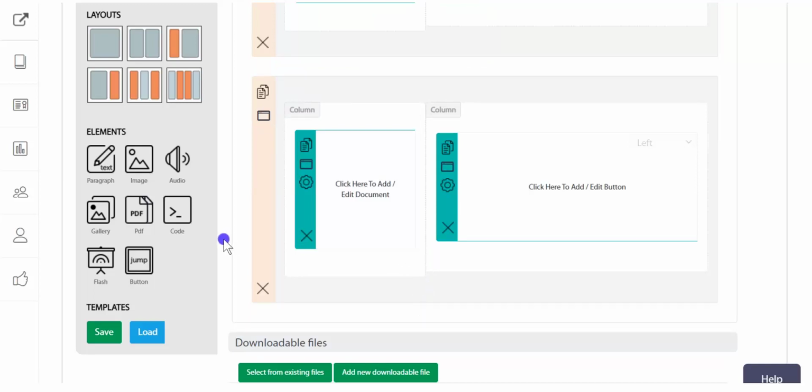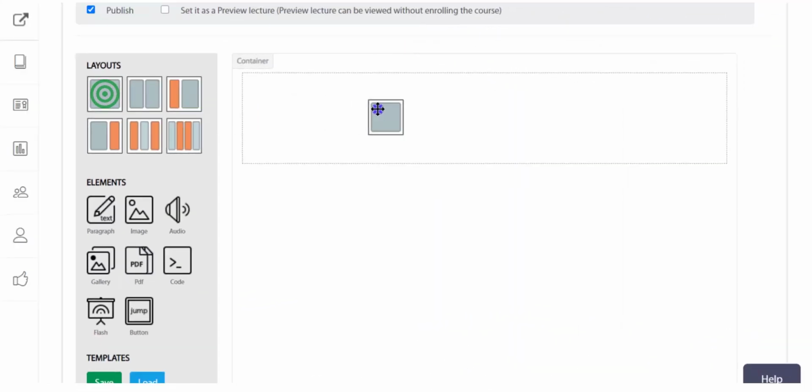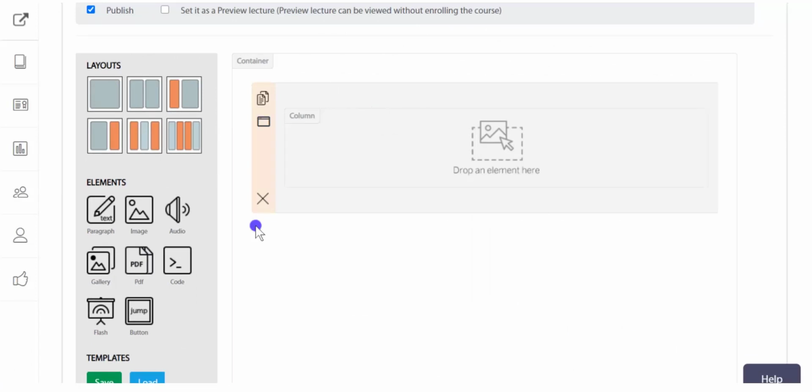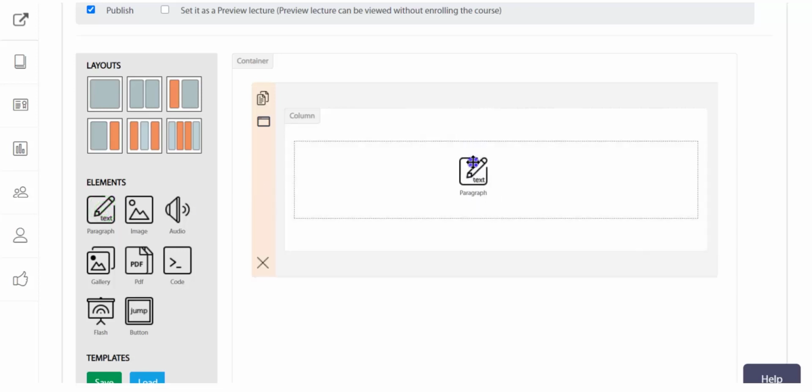Coming to the elements, we have format like paragraph, image, audio, gallery, PDF, HTML code, flash, and jump button. Let's see the functionalities of all these elements one by one. So let's make a single element layout, and we shall see each element by dragging them inside this container. So first we are taking a paragraph.